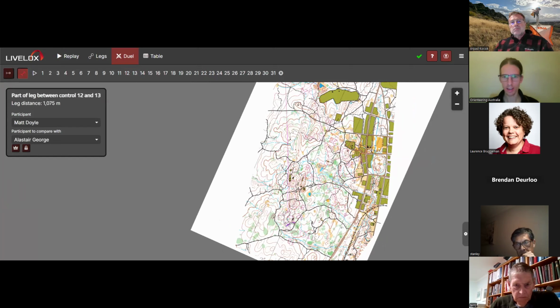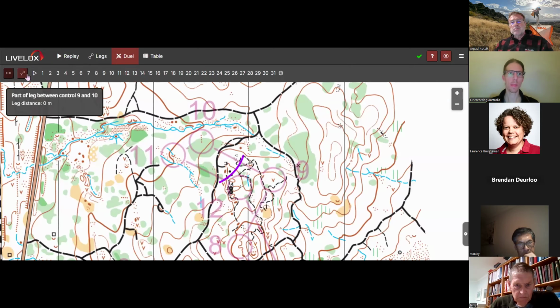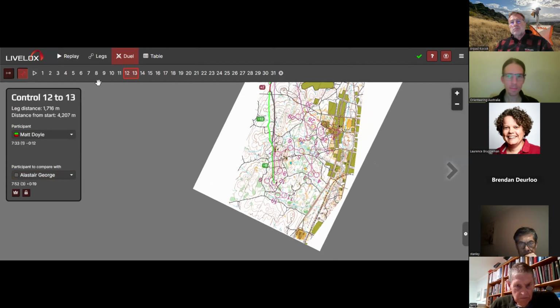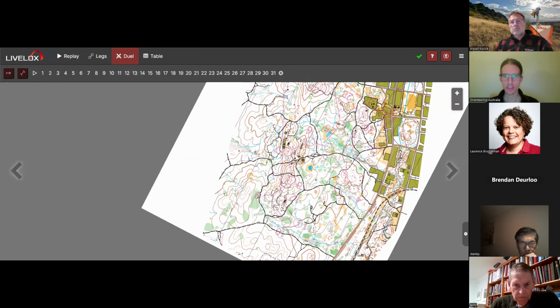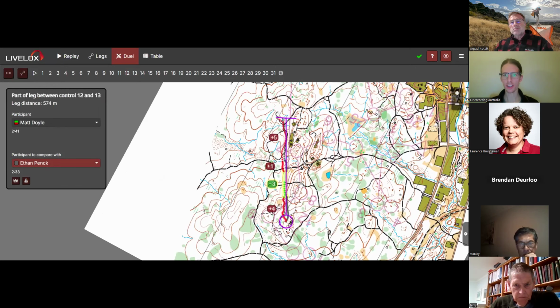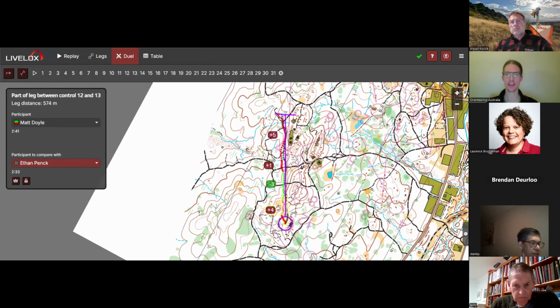Let me try that again. There we go. So if you only want to look at a certain section of a leg, you can cut it and do a more thorough dissect.